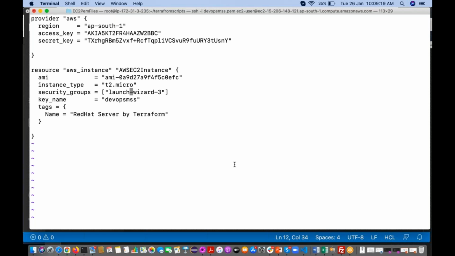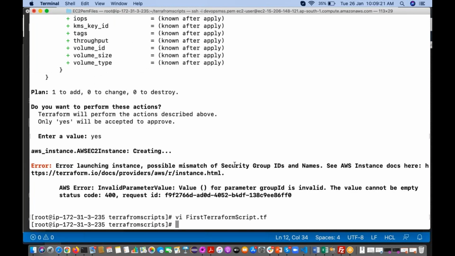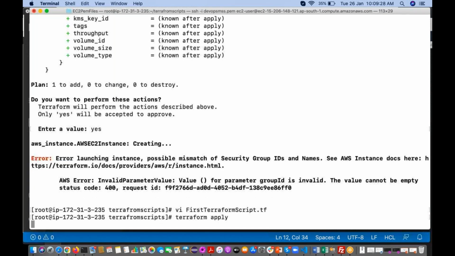Okay, save it. Now you can execute that Terraform apply command.